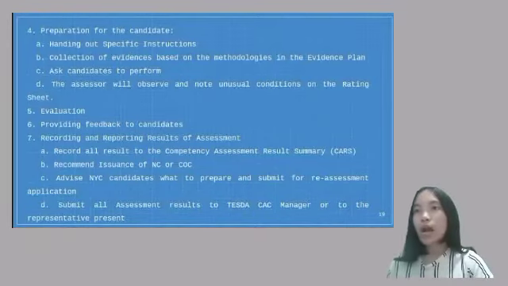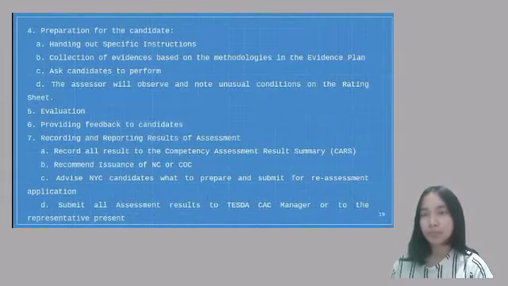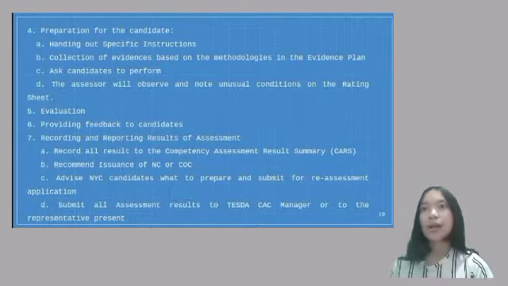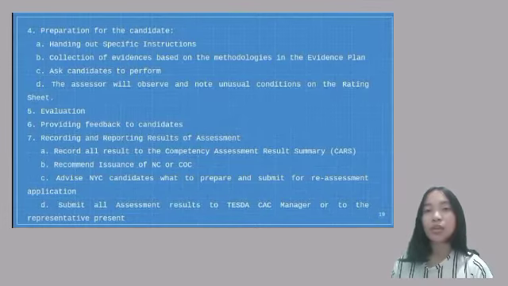Okay. After feedbacking, recording and reporting results of assessment. So after the feedbacking, the assessor records all the results to the competency assessment results summary, or what we know as CARS. After recording all the results, the assessor will recommend the issuance of NC or COC to the candidates, and then advise the NYC candidates what to prepare and submit for the assessment application. NYC stands for Not Yet Competent